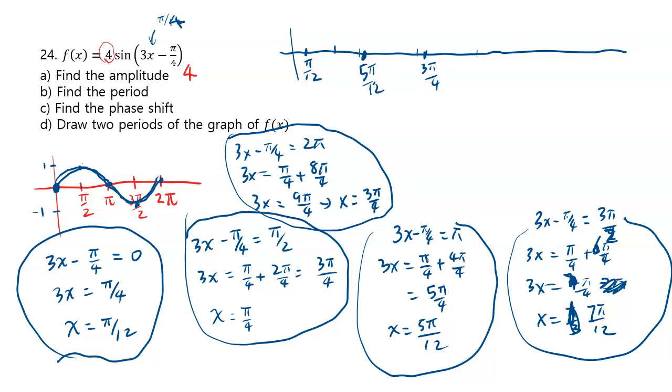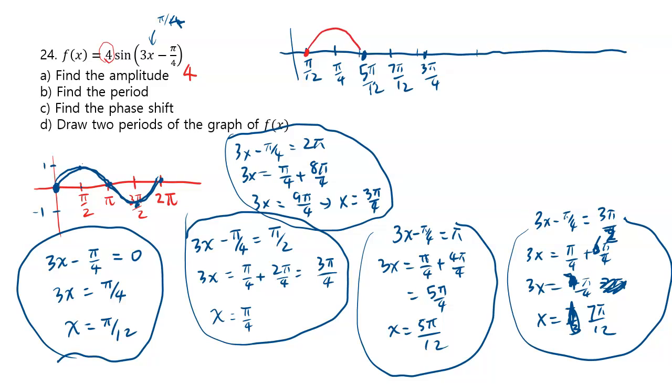And the midpoint between these two is pi over 4. Midpoint between these two is 7 pi over 12. I'm just using the fact that all these numbers are evenly spaced. So in fact, another way to get these numbers is just solve the very first one and the last one, and you start calculating the midpoints. You get the midpoints just by adding the two numbers and dividing by 2, right? So that could have been a little faster. All right, anyways, what you do is you just draw this sine curve on this,